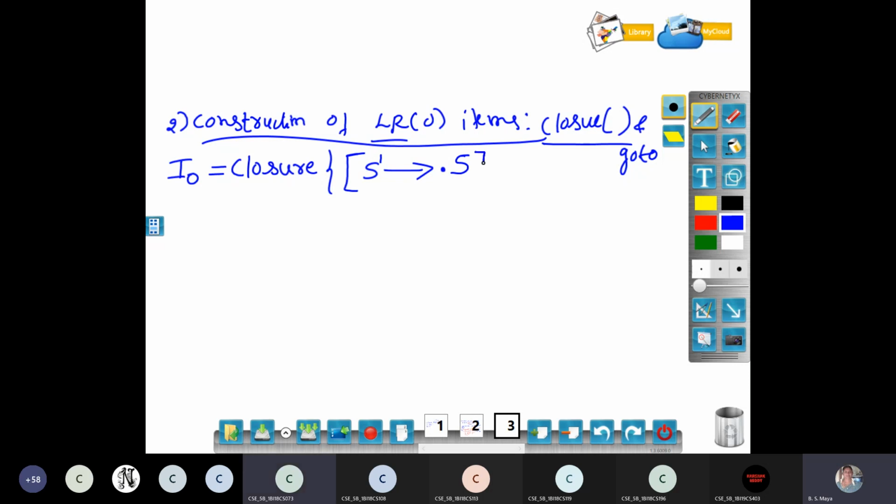See, the first production you are writing, just observe. I'm not doing anything. I am just taking the first item as I0. I have to find out how many states I will be getting in my problem. That is called an LR0 item. LR0 item is nothing but a set of states. This I0 is the first state. The next I have to write I1 state, I2 state, I3 state. I have to find out until the IN state.